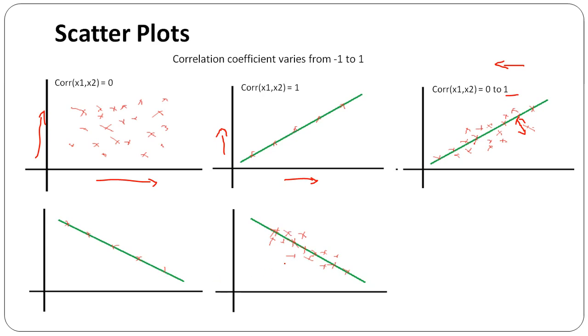And from this scatter plot we can say it is also negatively correlated and the value ranges from -1 to 0. The value will be nearer to -1 if the data points are very close to the best fit line, and the value will increase to 0 depending upon how far the data points are from the best fit line. And here we can say x1 and x2 are independent variables and y is the dependent variable.